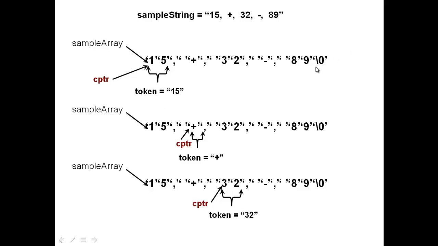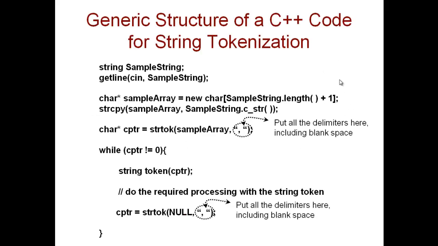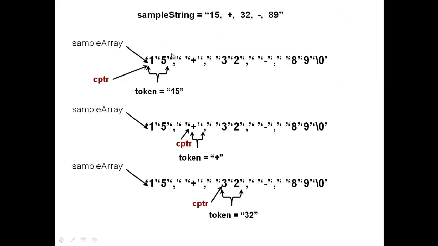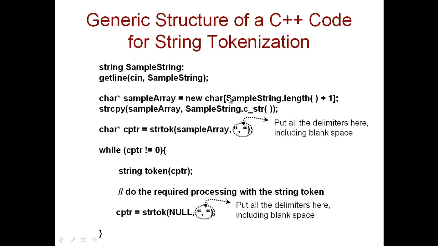Okay, so in C this is how you keep track of the end of the string, because in C you don't have a string class. In the C programming language, you process a string as a character array, and the last character in a character array for a string is this \0. So that takes up space for one character. That's why you have to say length of the string, so whatever the number of characters in the sample string, +1 to store this \0. So that's the length of the character array we want to create.